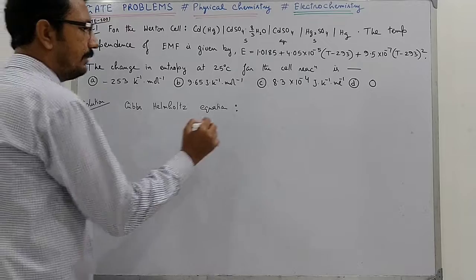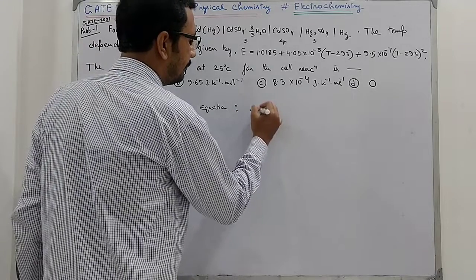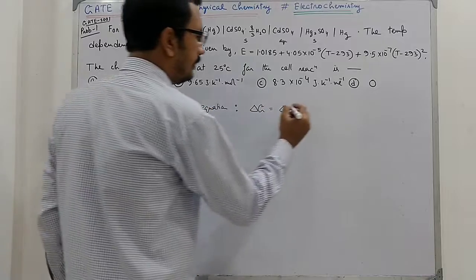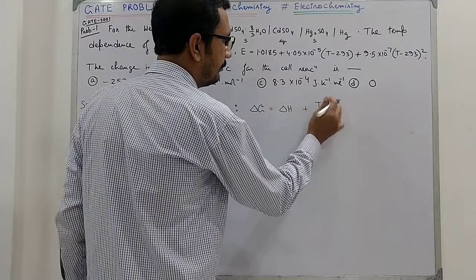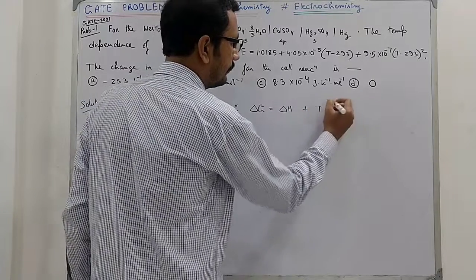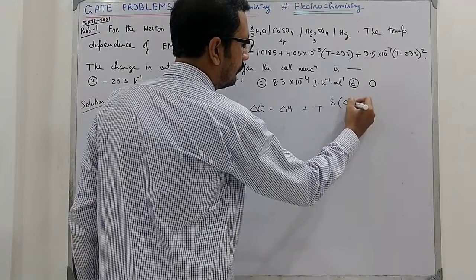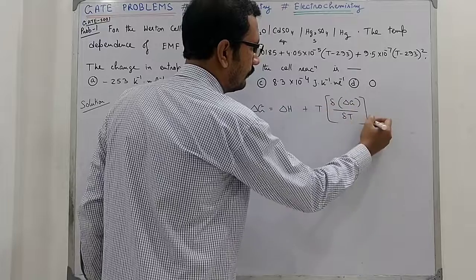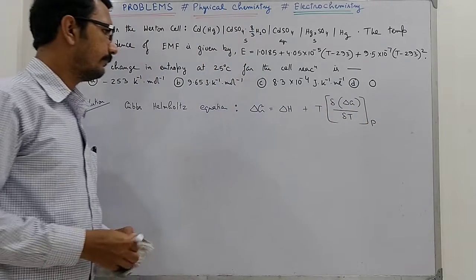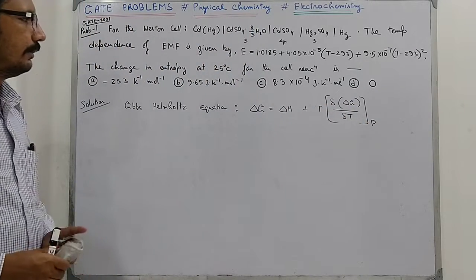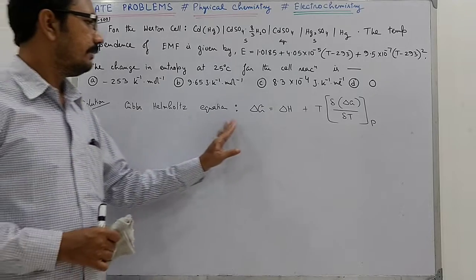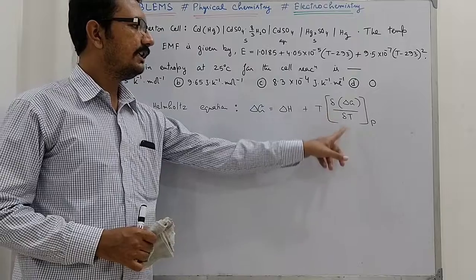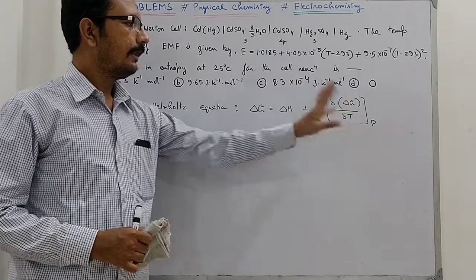At present, I will just write the expression of this equation. It is a very important equation. So the Gibbs-Helmholtz equation is ΔG equals ΔH plus T into ∂/∂T of ΔG at constant